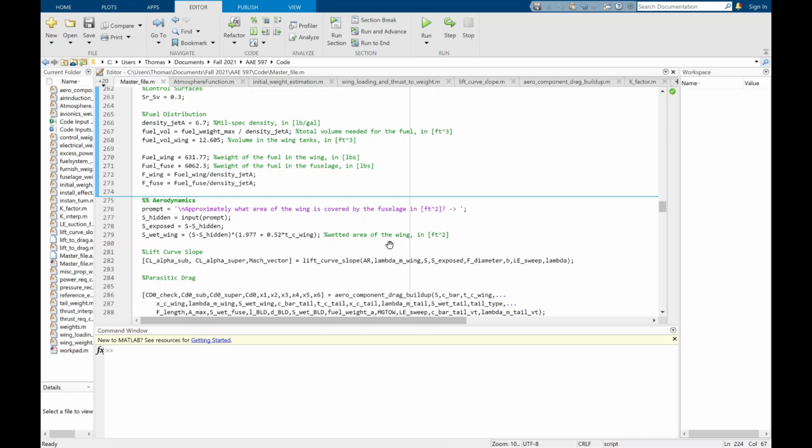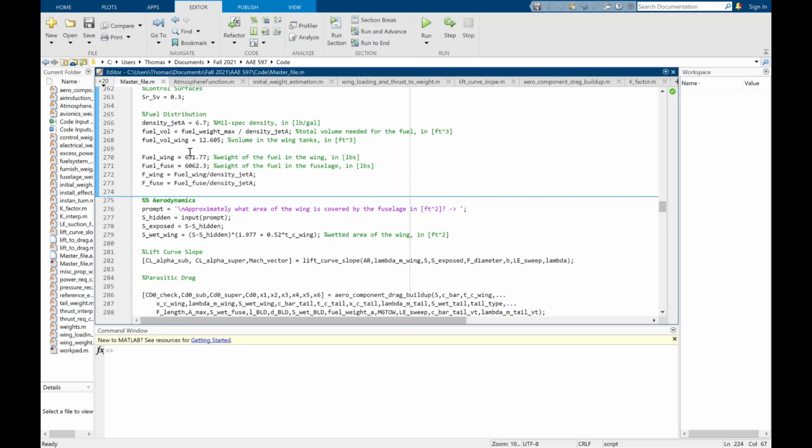So here, the shaded area is going to be estimated where we'd be able to fit in fuel. Now, obviously, when you have a self-sealing bladder tank, as well as a lot of wing spars in there, there's going to be a reduction in the usable volume. Those are all accounted for in here, and you end up with a certain number for this aircraft, which can obviously be changed for any other